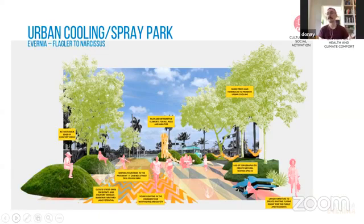So here's a look at what that might look like. Some of the things I talked about before: land forms, some earthen berms, places where people can really sit and lean back under a tree and relax in the space. It no longer looks like a street; it begins to look like this park coming out of pavement idea. It also creates a backdrop against the wall of the Meyer Amphitheater loading zone, which is on the left-hand side of the image. It's currently just a wall. And so by putting some form of landform there, you create a backdrop by which people can engage with the space. But one of the key elements in this space is flush-mounted